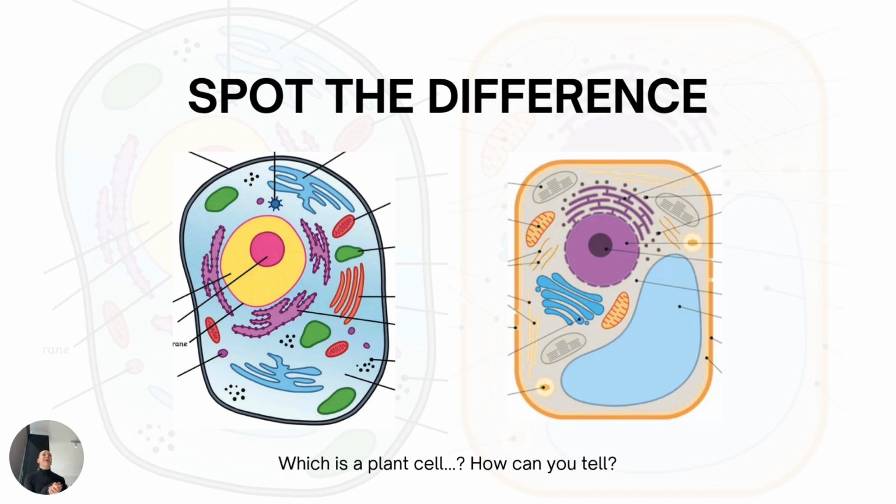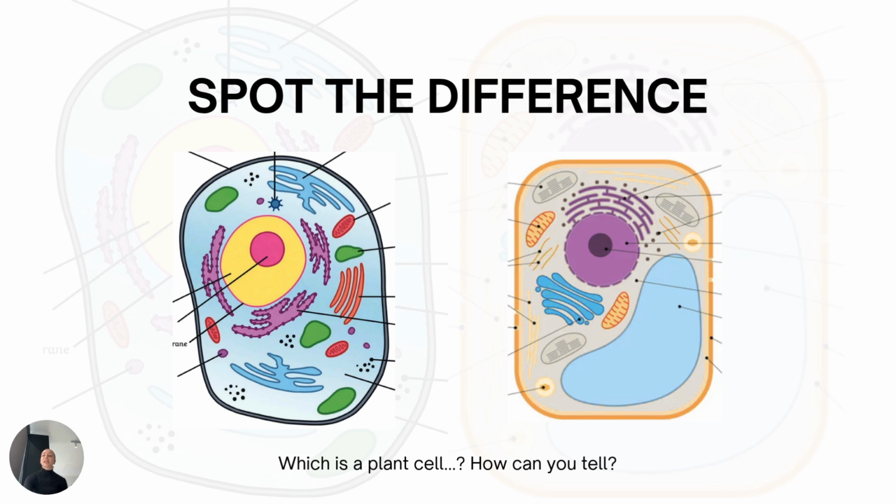Alrighty, eyes back up the front. Let's have a chat about what we found. Who can tell me the differences that they noted down? The one on the right has a thicker outer layer. Yeah. It also has in that top left-hand corner that circle with the lines in it. And the thing down the bottom right. Perfect. So the things we've noticed there are chloroplasts in the top left-hand corner. The bottom right-hand corner is a large central vacuole, and the outer shell that we're talking about is our cell